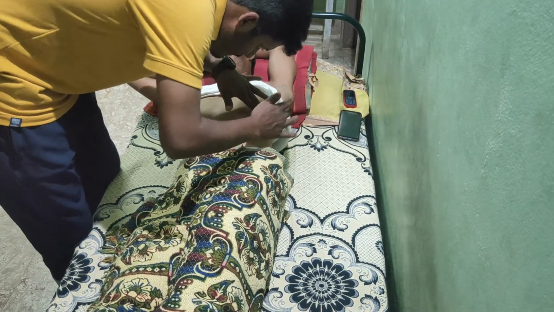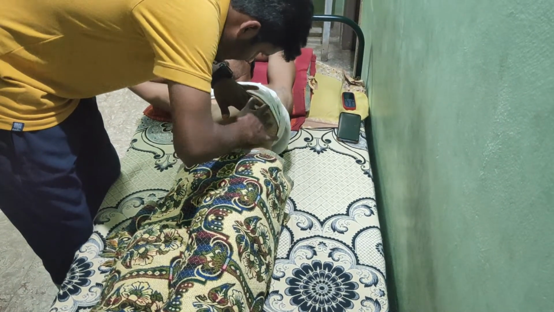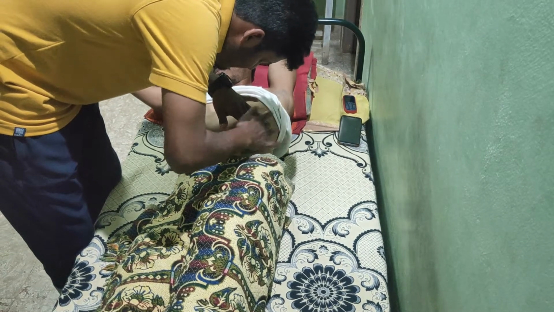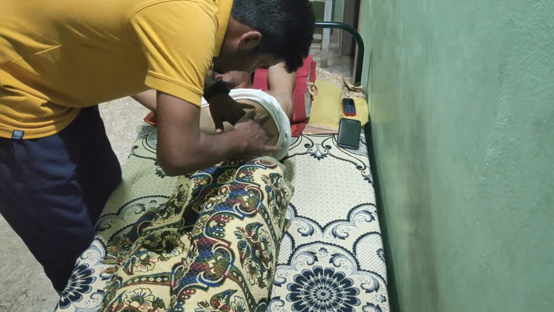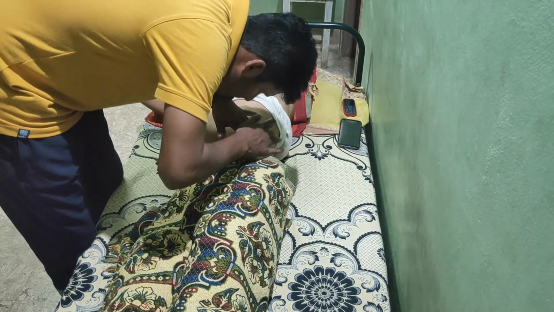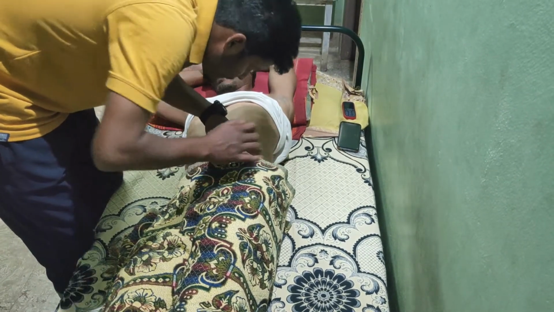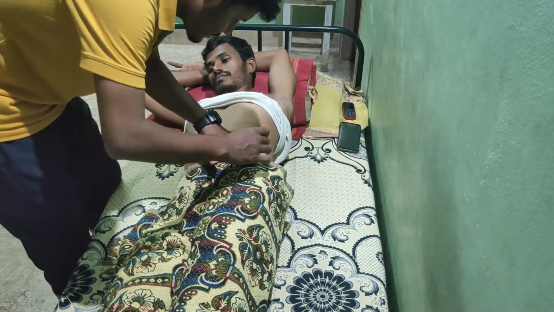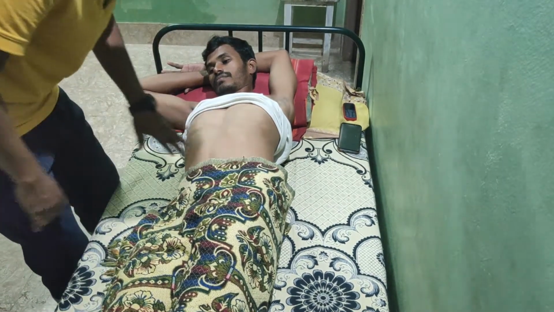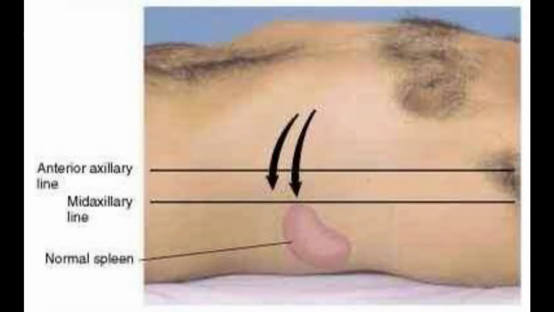Check the splenic percussion sign. Percuss the lowest interspace in the left anterior axillary line. This area is usually tympanic. Ask the patient to take a deep breath and percuss again. When the spleen size is normal, the percussion note usually remains tympanic. The dullness of the spleen is usually masked by the dullness of other posterior tissues.